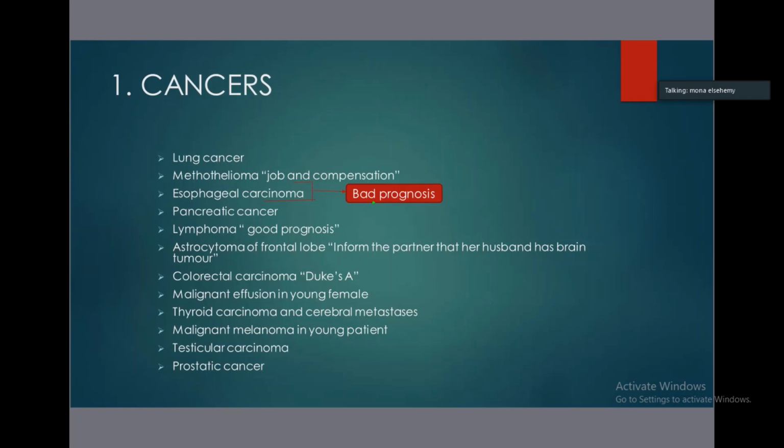As I told you, there are some good prognostic factors and some bad prognostic factors. The good prognostic factors include tumor doubling size. For example, you have a CT for the brain right now. The tumor size is, for example, 2 centimeters. After 6 months, it is still 2 centimeters.